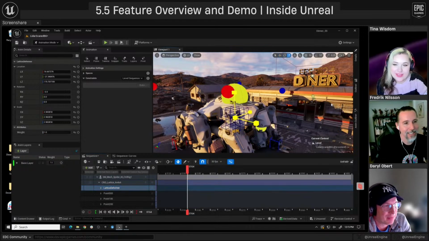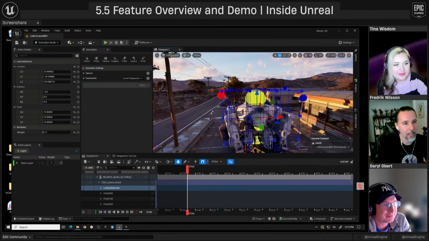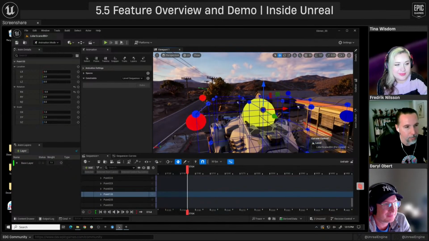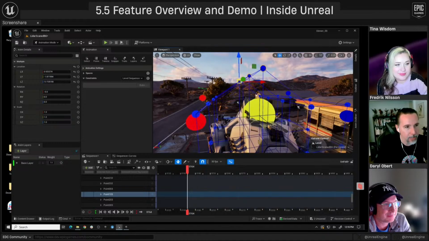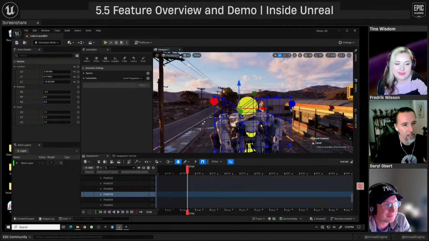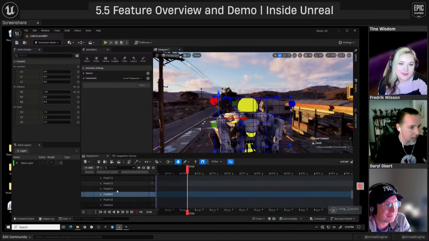I can scale it up, right? And you'll see it has a whole bunch of points on it. And I think you get where I'm going here. You'll probably realize what happens if I move some of these points. If I select these points and move them, you see now it deforms that crazy robot, right? It's just a lattice, so you can do all sorts of crazy stuff with this.